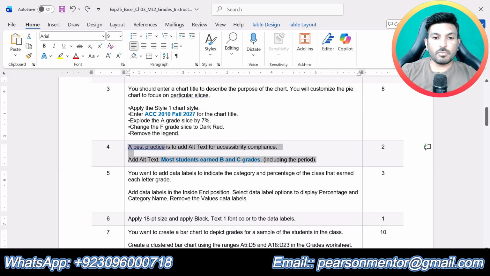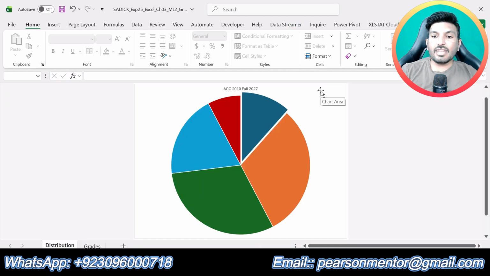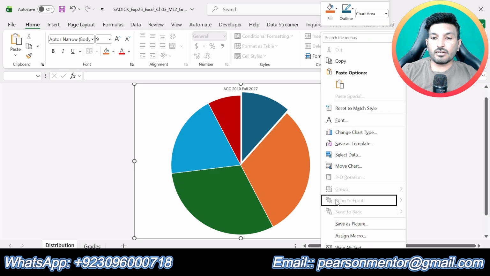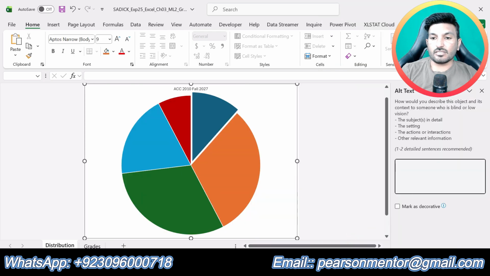Now let's do step number 4. A best practice is to add alt text for accessibility compliance. Add the alt text most students earned B and C grades including the period. So this is the text that we are supposed to add as alt text. So click anywhere in the plot area of the chart and click on view alt text. So now in this alt text box we are supposed to type most students earned